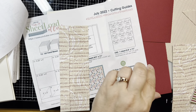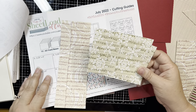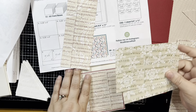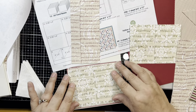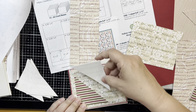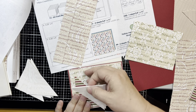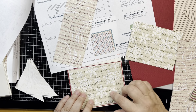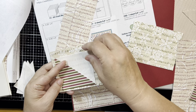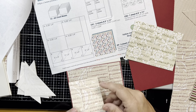Like this. At first I was trying to see if I cut it 5 by 3 3/4, then I would be able to get my 3x3, but if I did that, as you can see, it's much smaller. And then if I use my 3x3s on it, this is just hypothetical, there's just not as much of the background paper showing. So I'm debating if I want to do a smaller base, but still be able to get the 3x3s like this, or I can go with the larger base and then I'll get a smaller